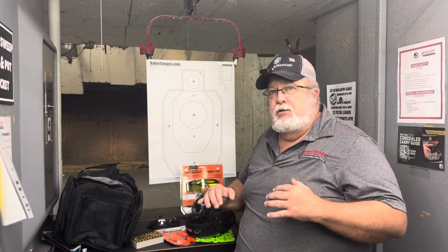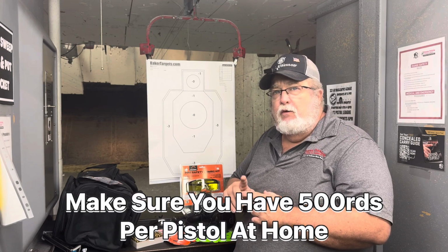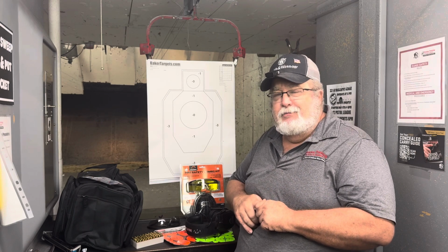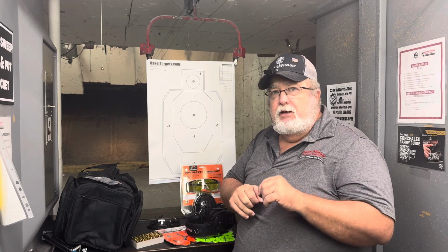So you always bring rounds with you, and then you take rounds home to replace what you used. If you do not have 500 rounds per firearm at home, you're making a big mistake, guys. You need to make sure you have the ammo you need for each weapon, because once trucks stop moving and